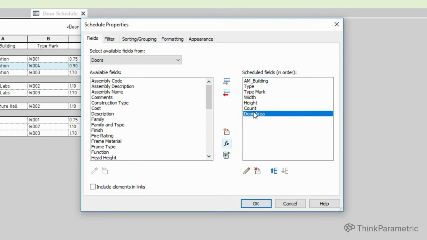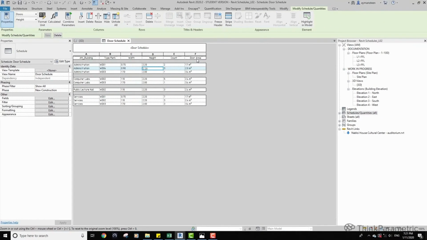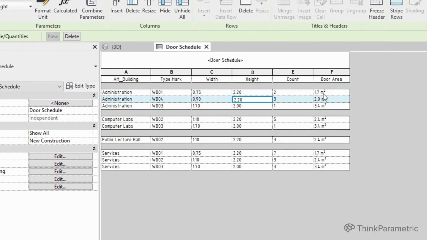It's a calculated value. So let's click OK. And here you can see the area, that's 1.7 meters squared, which is the multiplication of the width by height. And this applies to all the other doors or all the other types.